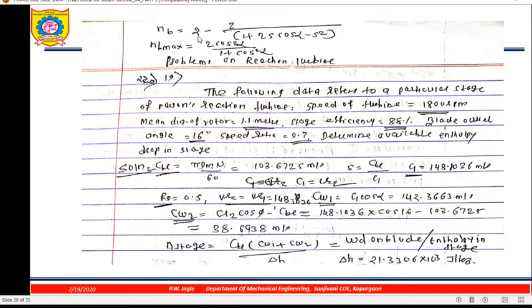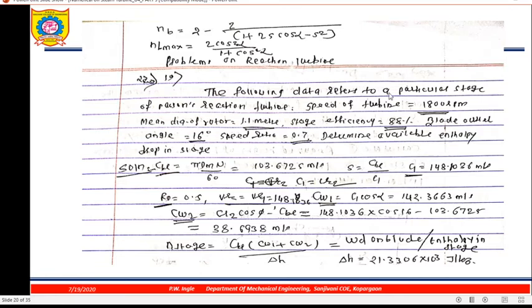So you understood how to use these formulae while solving numericals. Then blade efficiency is what? It is 2 minus 2 upon (1 plus 2s cos alpha minus s square), where s is Cbl upon C1. And then maximum efficiency is 2 cos square alpha upon (1 plus cos square alpha). So we will discuss some problems step by step.